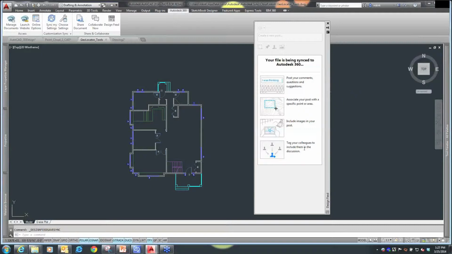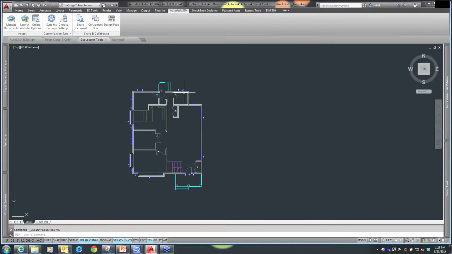And I can specifically tag my colleagues and say, this is what I'm talking about. This is the part of the drawing that I'm talking about. So this is going to allow me to really use this as a collaborative tool and not have to get everyone together inside of one office to look at our AutoCAD files. So I'm going to allow that just to sync. I'm going to anchor that back over to the right and allow that just to sync, because we also have